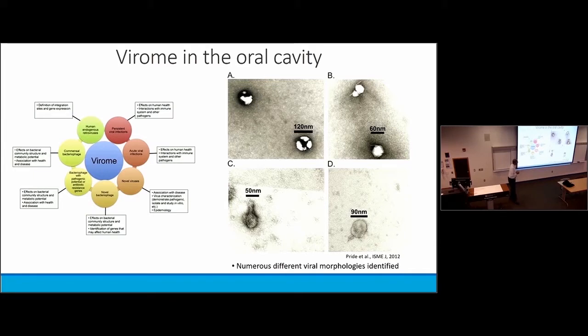So I remember some of the first questions I was asking when I entered a lab that was interested in the human oral cavity is, are there viruses in the mouth? It seems like a really simple, naive question, but it's actually the question I was asking, right? It's obvious if you had a herpes or a cold sore that you had a virus. It wasn't obvious if you were healthy that you might have viruses in your mouth.